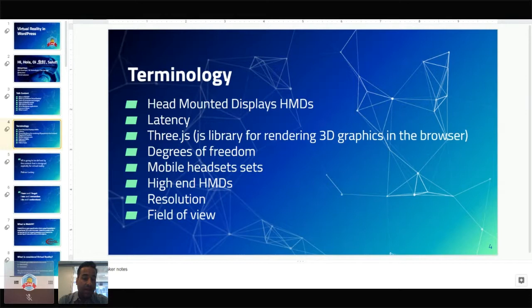And the last term that we're going to review is the field of view. When I'm talking about field of view, we're basically talking about what you can see with your two eyes. A human being can see about 120 degrees. And the different headsets will offer you a different field of view. So this also presents a challenge for your experience because now you have to take that into account. You've got to find an average field of view that can be deployed and used by as many people as possible.